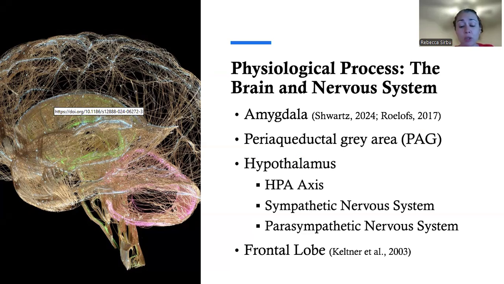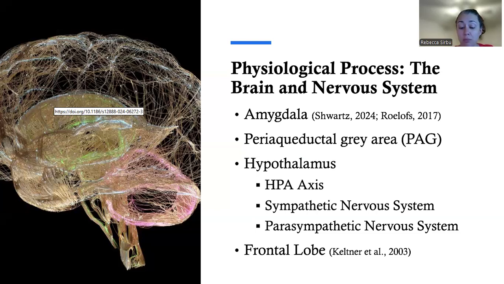If the dorsolateral para-aqueductal gray area is activated, it initiates the hypothalamus and the sympathetic nervous system, the sympatho-adrenomedullary system, and the hypothalamus pituitary adrenal axis, or HPA axis, which initiates a fight or flight response. When these systems are activated, the brain is stimulated to release neurotransmitters that prepare the body to fight or flee